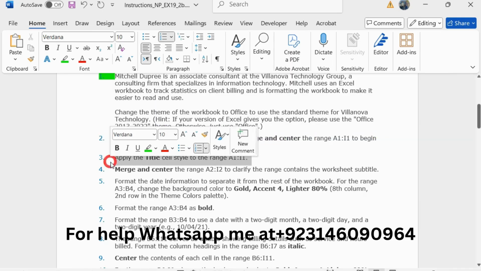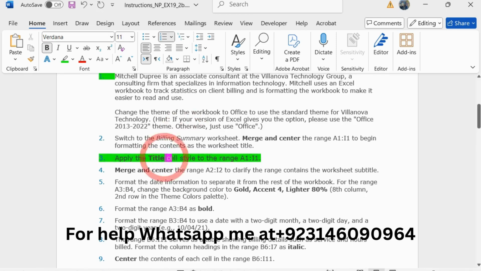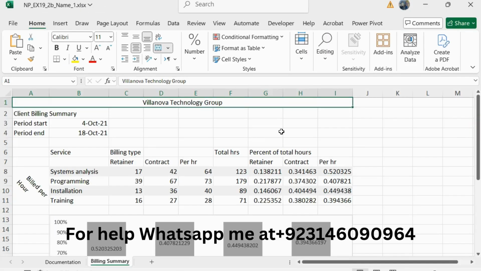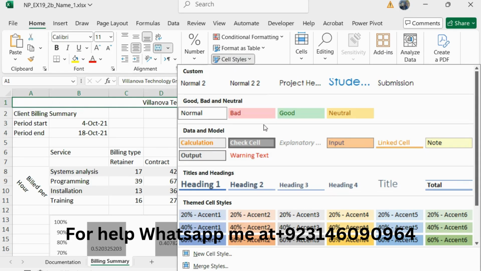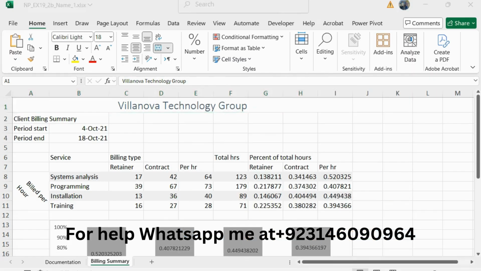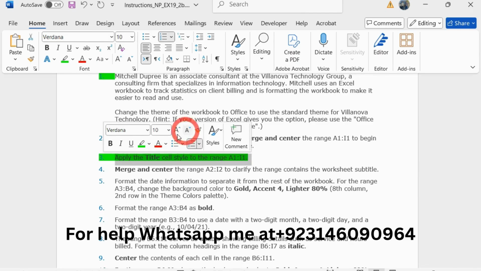And step number 3 is apply the Title cell style to range A1 to I1. So go here, click on Cell Styles and click on Title. So I have completed 3 steps successfully.